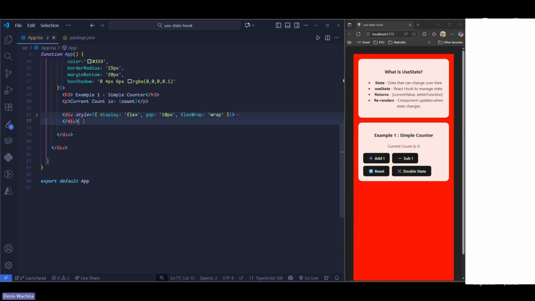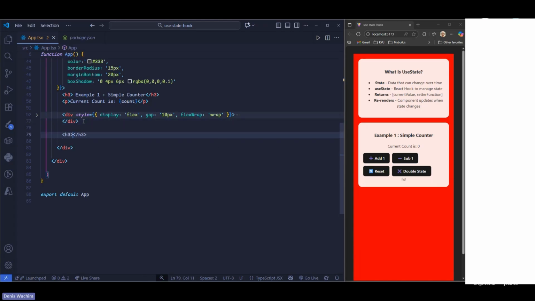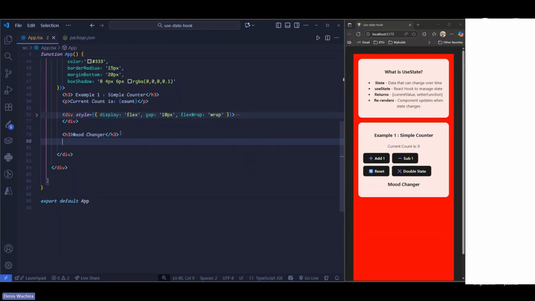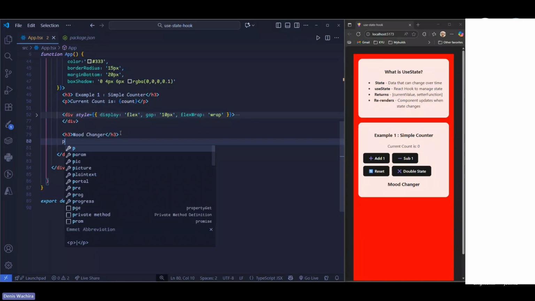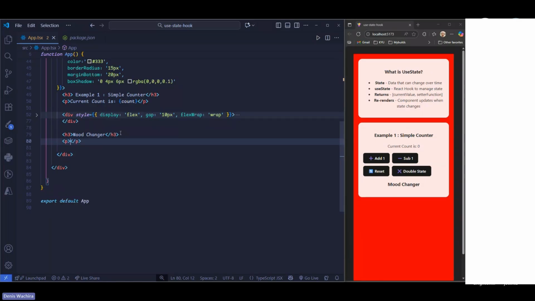The next thing I want us to do now is another H3, which is something like the mood changer. But first of all, before changing the mood, we want to display the current mood that we are having. So how can we do that? So the current mood,